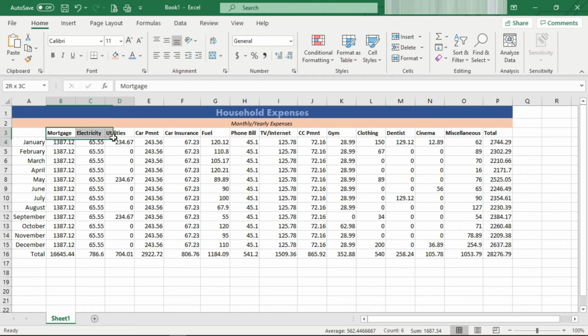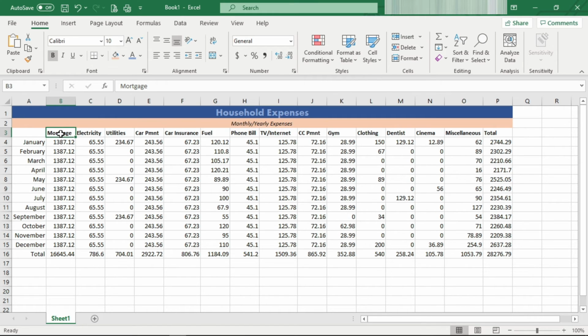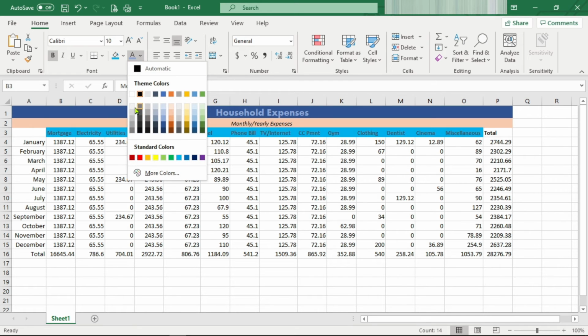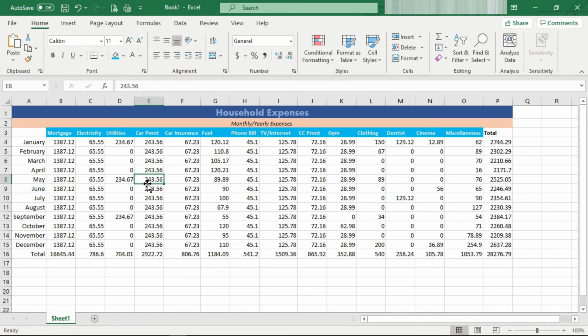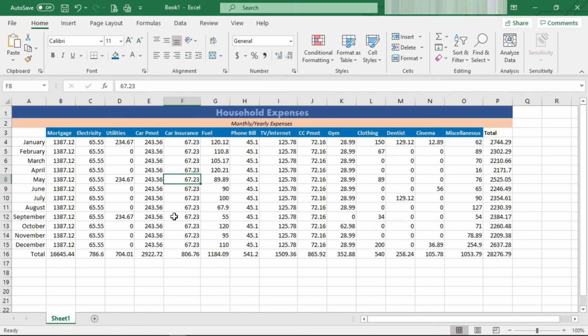Now let's do the exact same thing for row 3. Okay, I click B3, hold my mouse up to O3. Okay, go back there again. I do something like this, and then I'm gonna choose white. Okay, if I do not like that color, I can just click there and then go back and pick something like this. Okay,